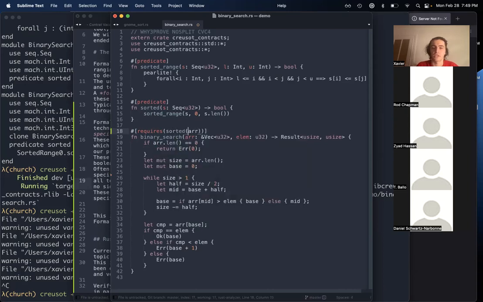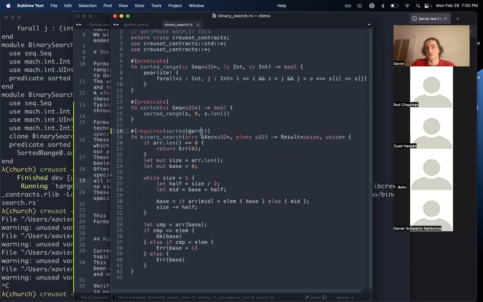And we have to use this little symbol here, which is syntactic sugar for what we call model, a trait in Creusot which talks about the representation of a value in the logic. So we represent vectors by sequences of values. And what we say here is that the representation of our vector R is sorted.